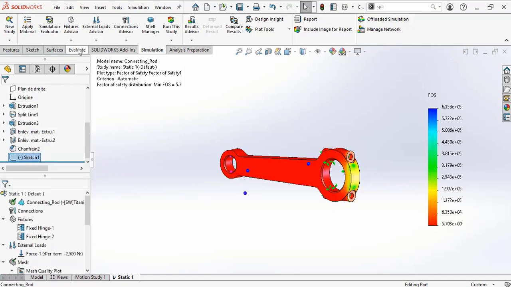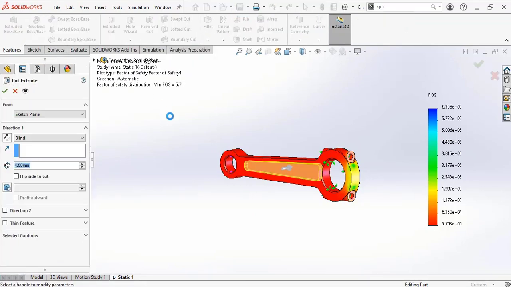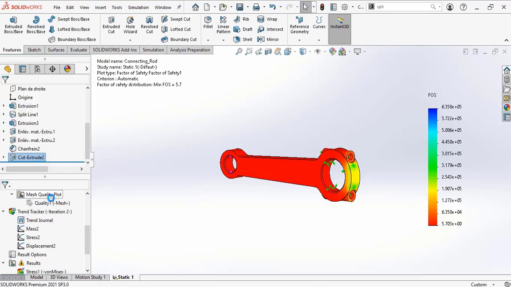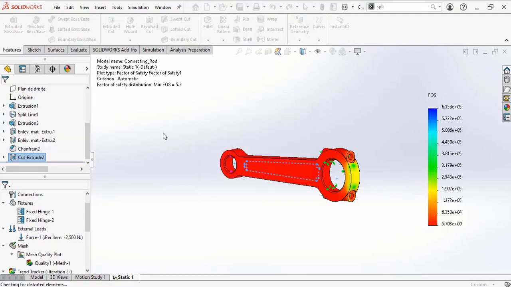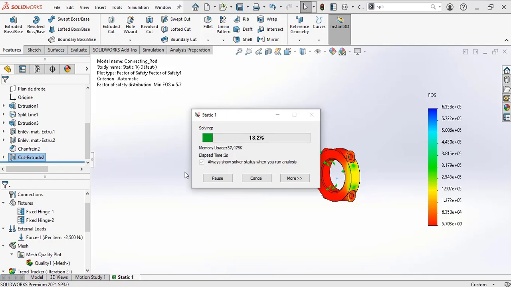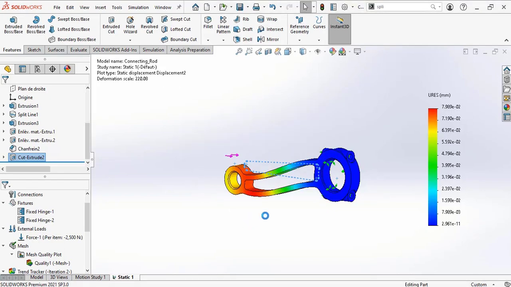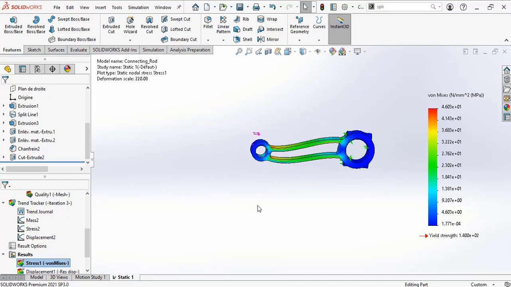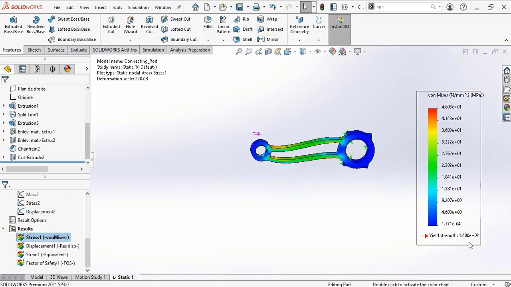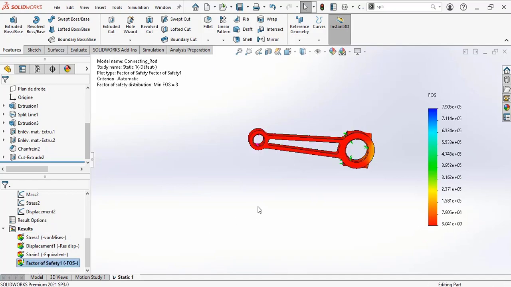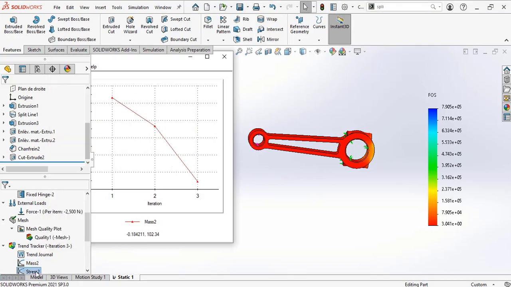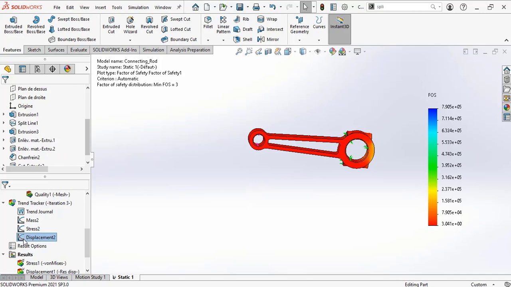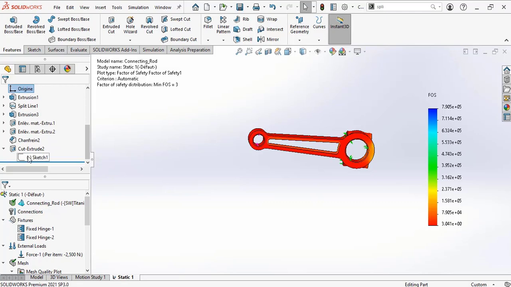Now again I'm going to make changes to the design here. I'll add a cutout to the wall so that we can directly run the study with respect to that cutout. And with this, the results are already added. Now to cross check the factor of safety, it is 3. Initially it was 8, we have reduced it to 3, and in the trend tracker, you can see the mass got reduced and the stress got increased and the displacement got increased accordingly,